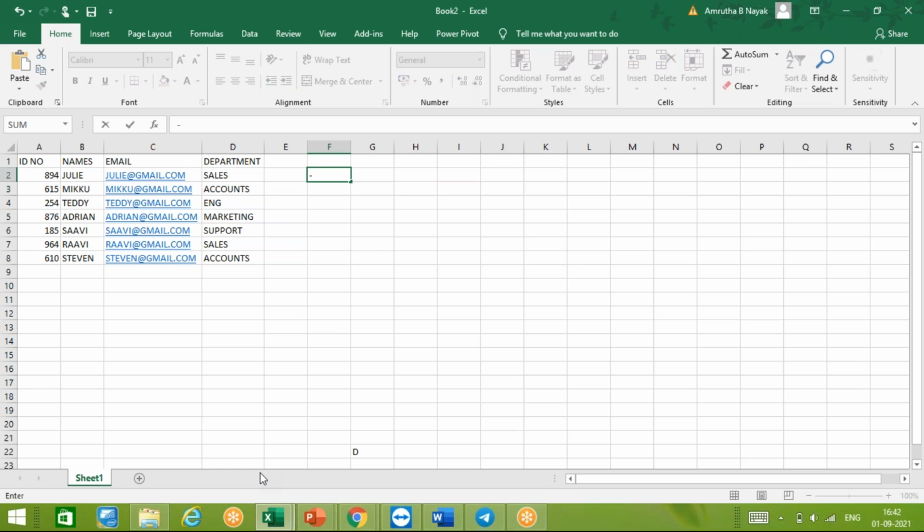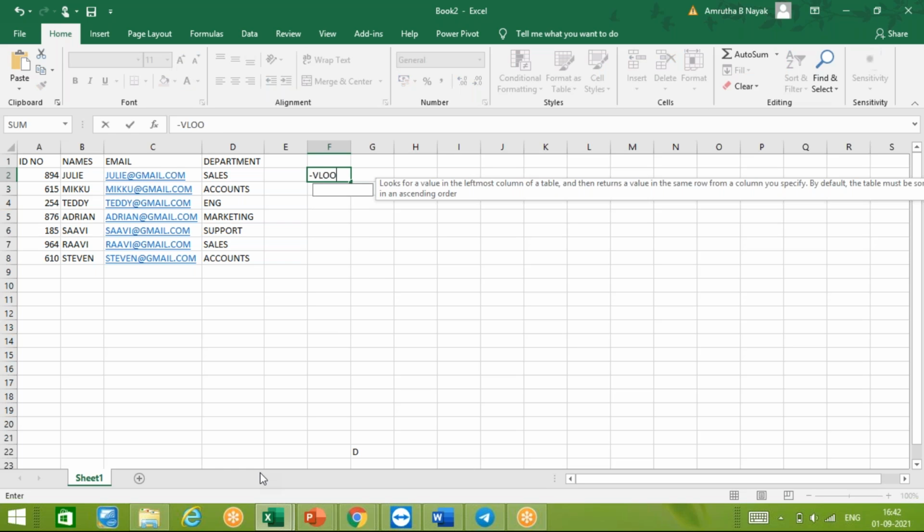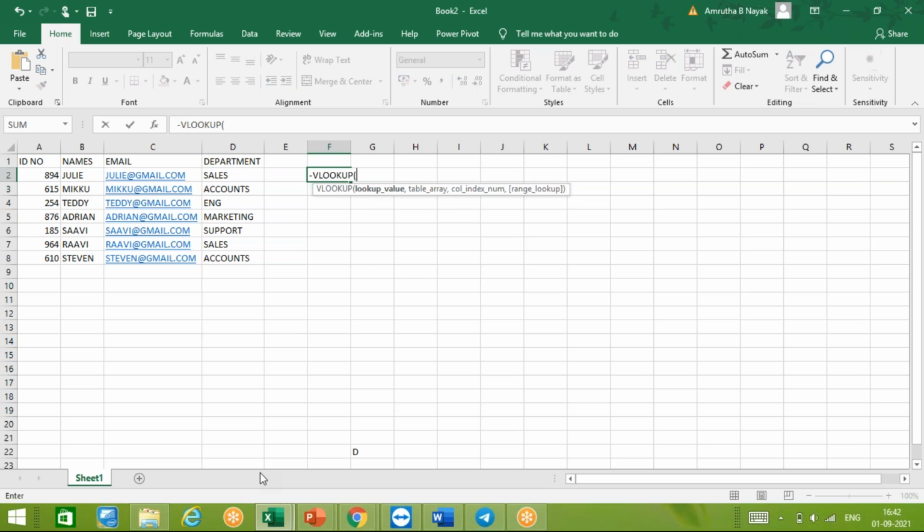Is equal to VLOOKUP. So first thing, it asks for the lookup value. What is that you are looking for? So for example, I want to look for